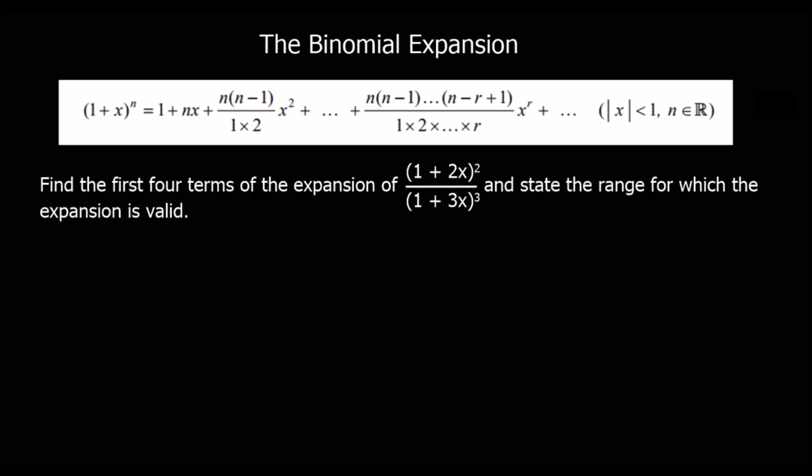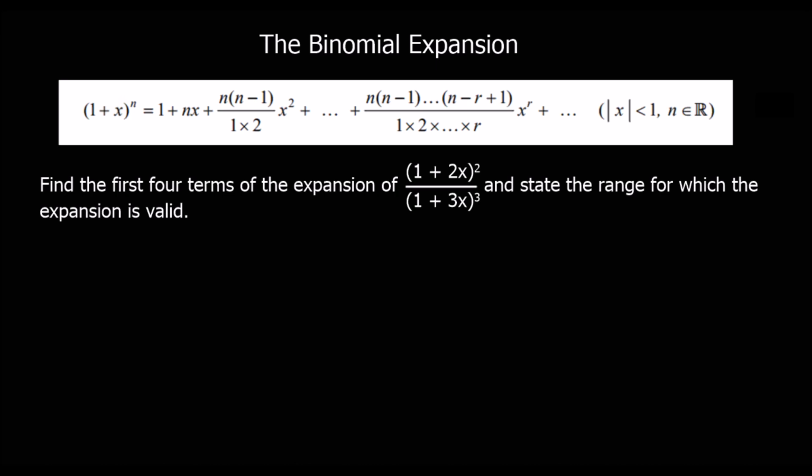Here we have a binomial expansion question where we're multiplying two expansions together. The question says find the first four terms of the expansion. We've got (1 + 2x)^2 over (1 + 3x)^3, and we need to state the range for which